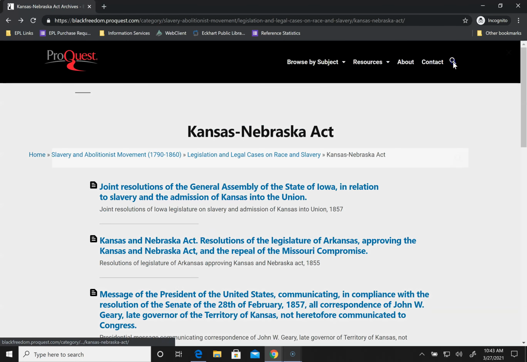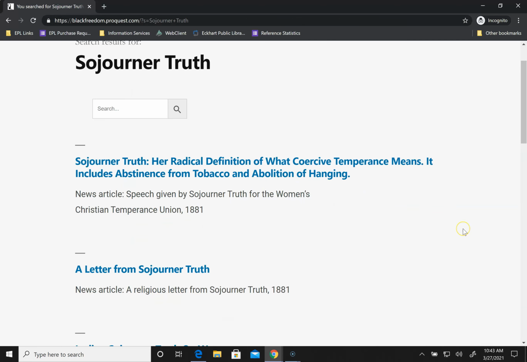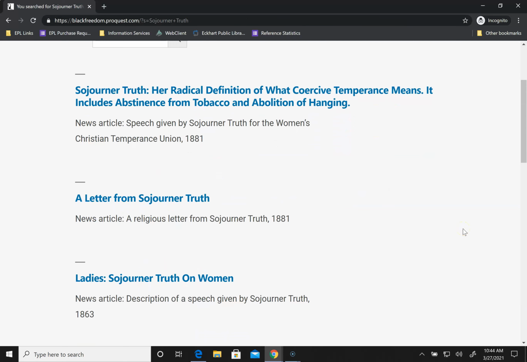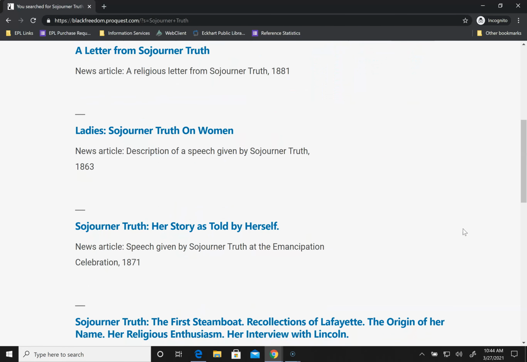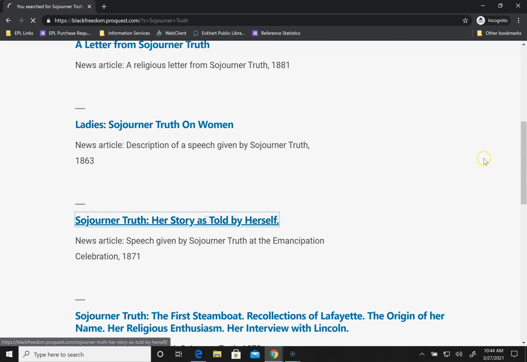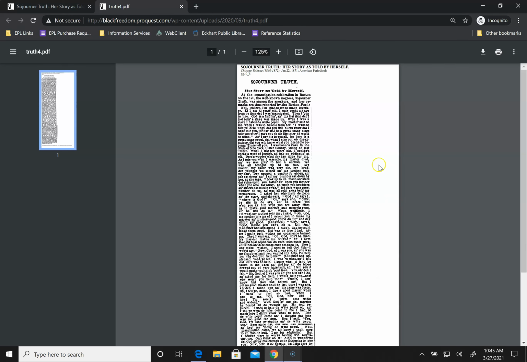You can also do a search if you would like. Person or topic, and find those primary documents as well.